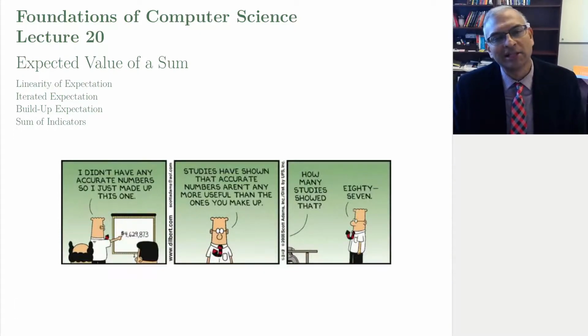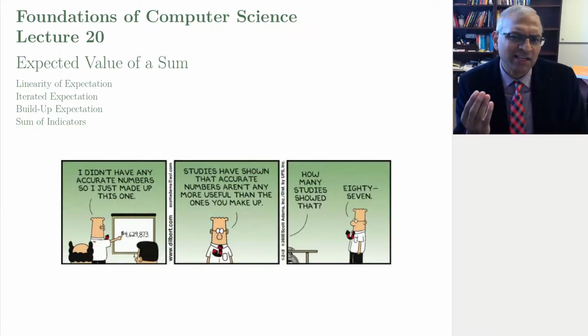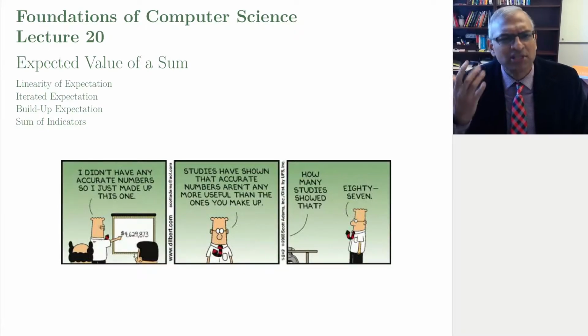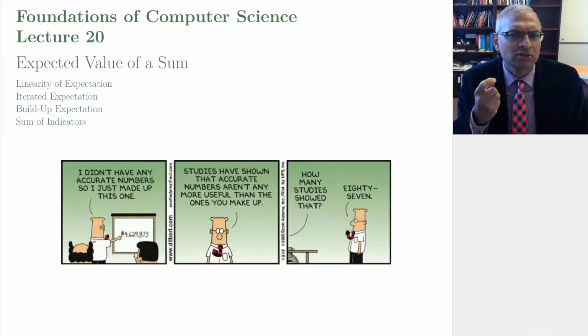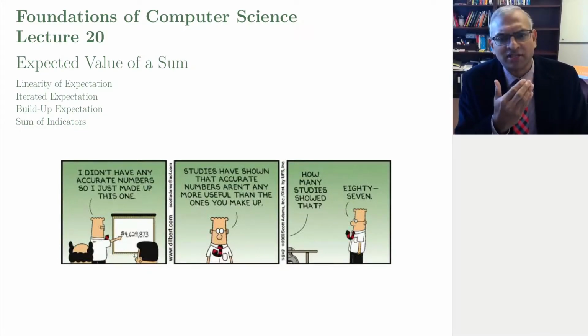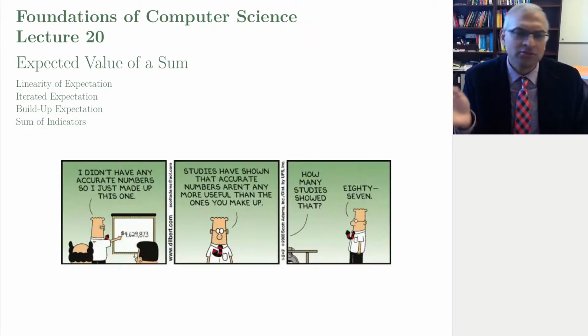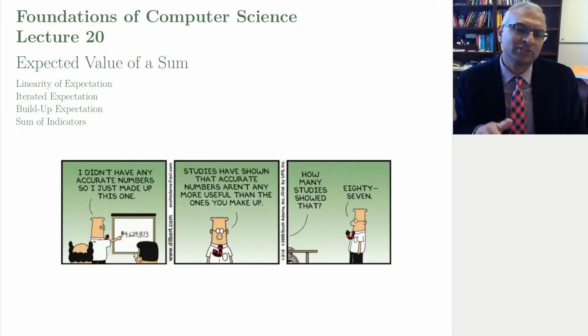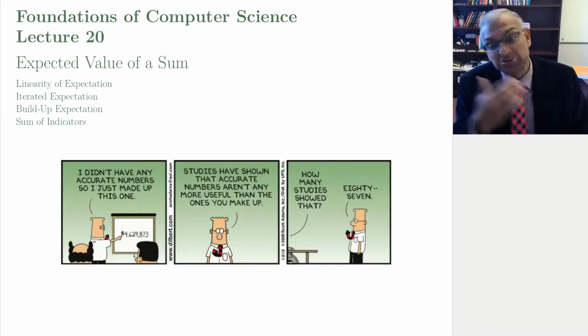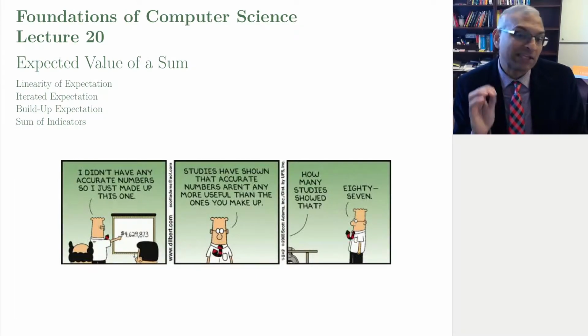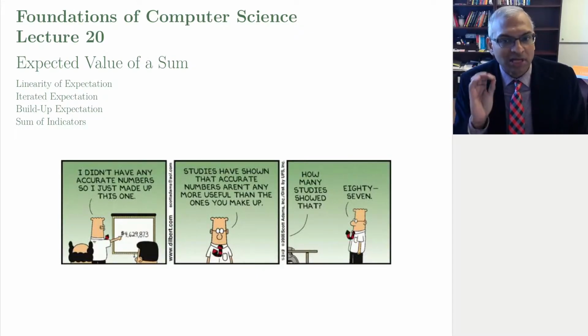Hi there, welcome to lecture 20 of Fox, where we're going to continue talking about expected values, because it's that important. We're going to introduce a few more sophisticated techniques that make it much easier to compute expected values. Specifically, we're going to talk about the expected value of a sum, and we're going to introduce the concept of an indicator random variable, which when used in conjunction with the expected value of a sum can make computing expected values much easier. But before we get going, let's recap what we talked about last time, which was